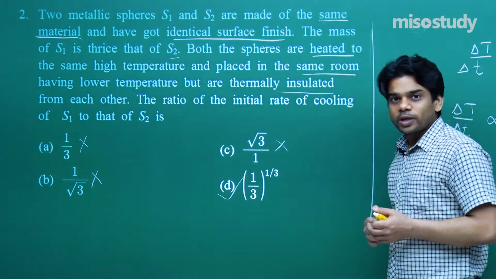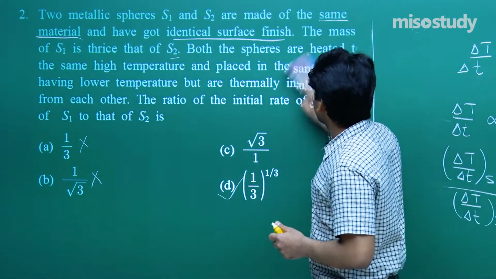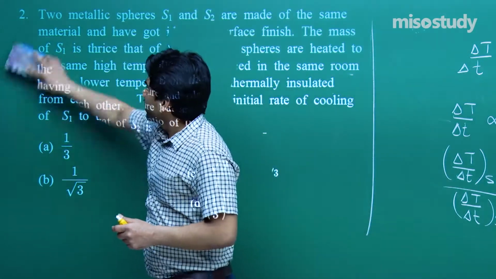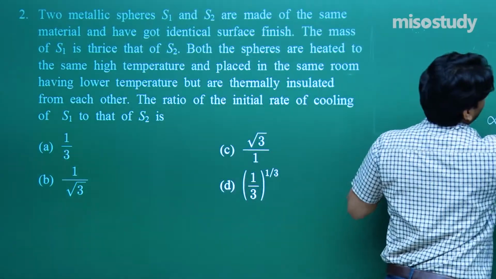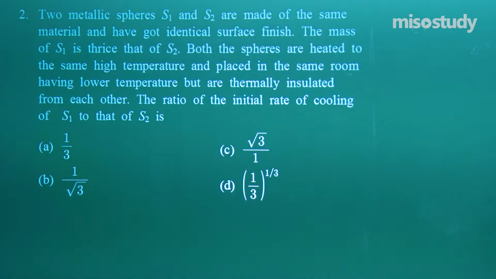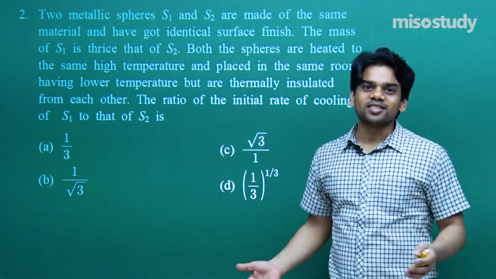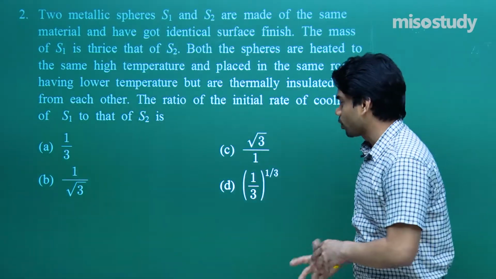It's a very good question. I hope that you have understood how to solve this kind of question. Based upon rate of cooling, we have used Stefan-Boltzmann law. We have used the concept of heat energy lost and radiated. Both the equations we have used, and finally we reached this result. Very interesting question. Two concepts have been used. Such a question can be asked in your JEE Advanced examination, where two or more concepts can be clubbed together to find a solution of a question.